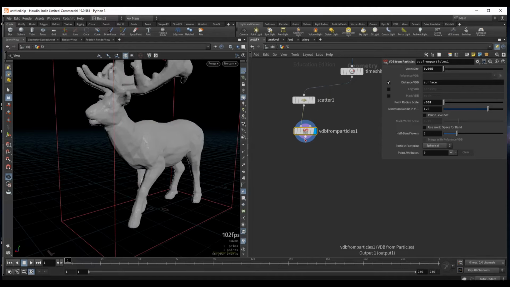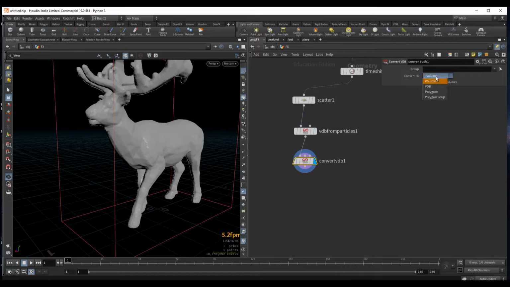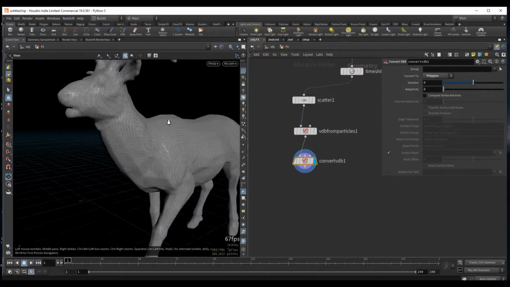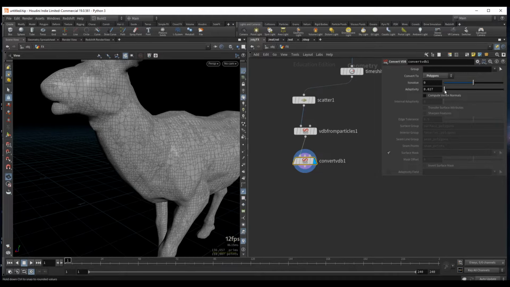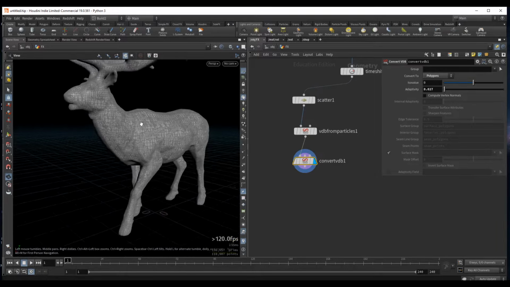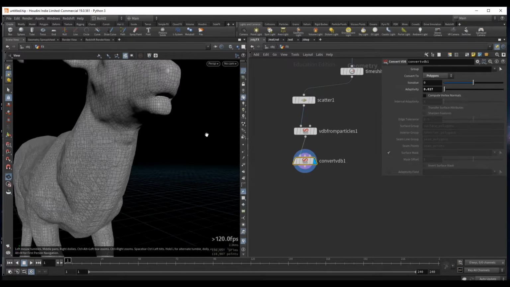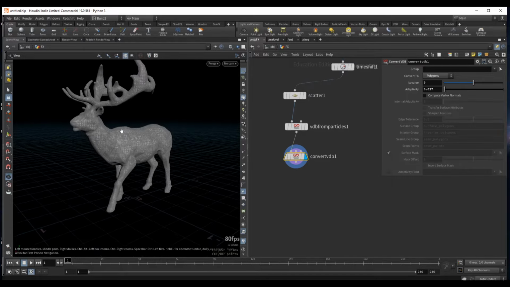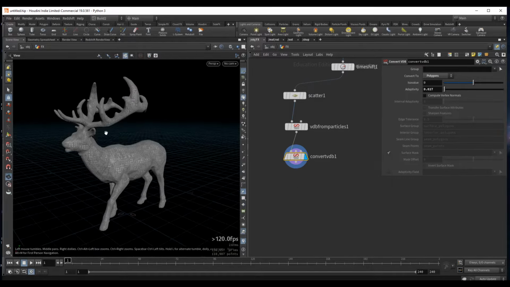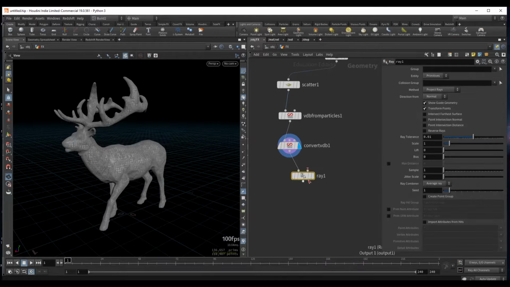And now from here I will drop down a convert VDB, and we want to convert this to polygons. And here we have it, and we might want to increase this adaptivity setting just a bit, just so we are not working with so many points. And now we have a watertight mesh, so we got rid of any holes that might have been inside the geometry, and we can bring some of this original shape of our mesh back if I just